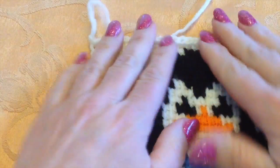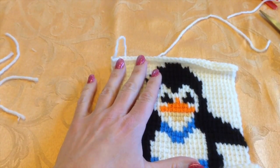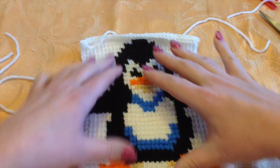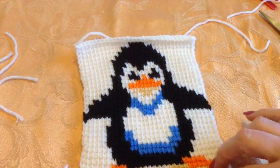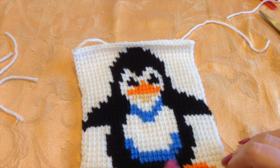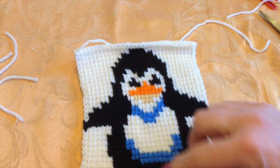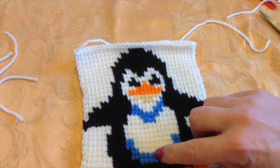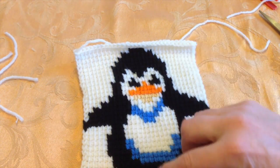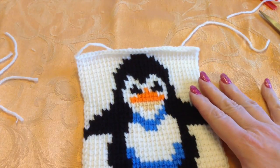Okay, so there, let me spread this out. So this is the little penguin, and again, thank you, Debra Meyer, for providing me with that little graph. That was very nice. So you can see all the color changes and how even the stitches look. And if you look, you can see how it just runs in a grid right up the pattern, all the stitches. So I hope that was helpful to somebody